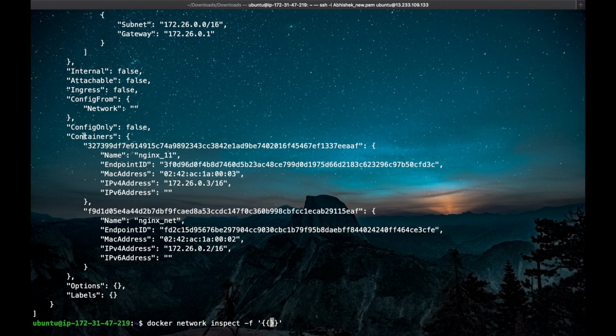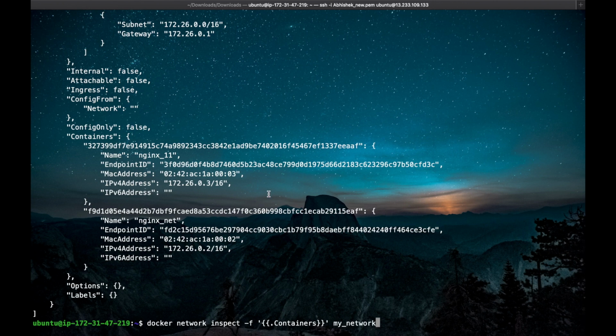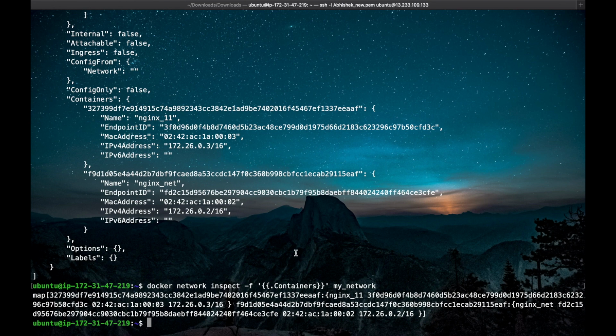I need the container information only, so I just copy the container object and paste it in between the curly braces. And from which network? Just copy the network ID or network name. Once we execute this command on my custom network, it will give the list of containers present in my custom network. We can see here it gives the objects of all the containers present in it. So this is the filter command we can use.